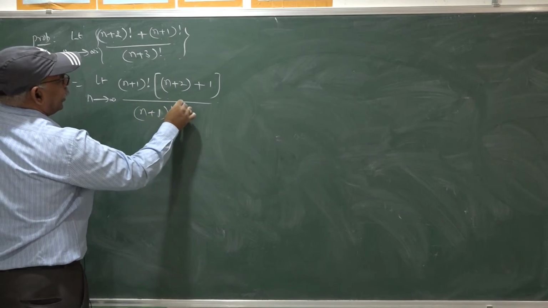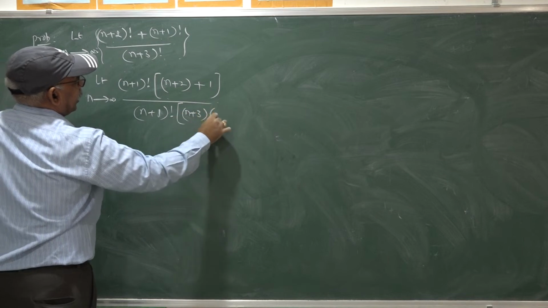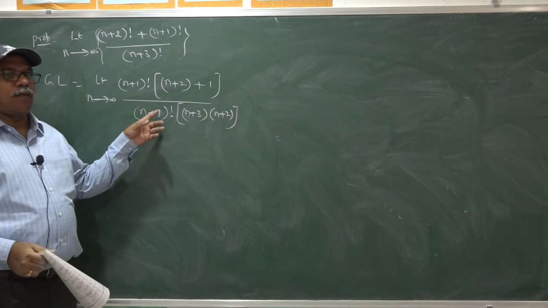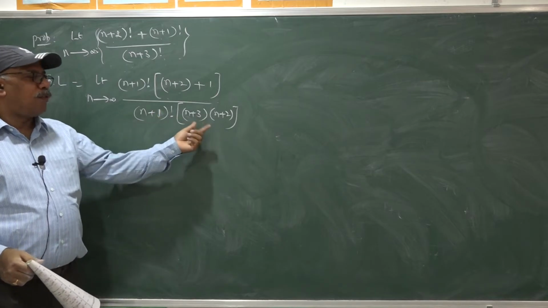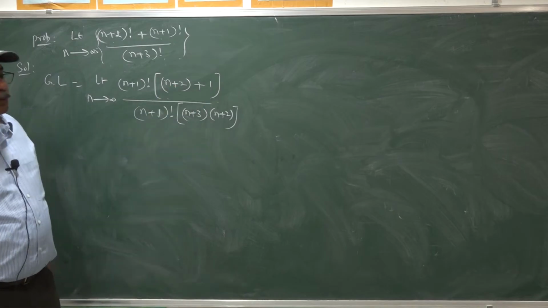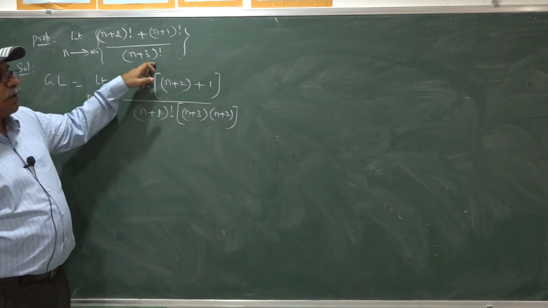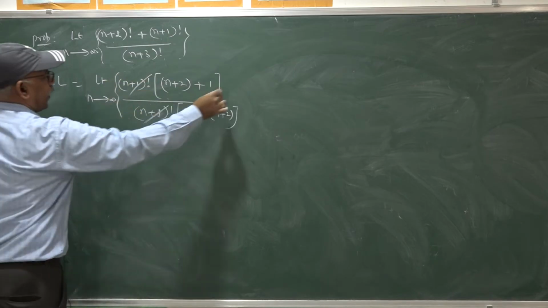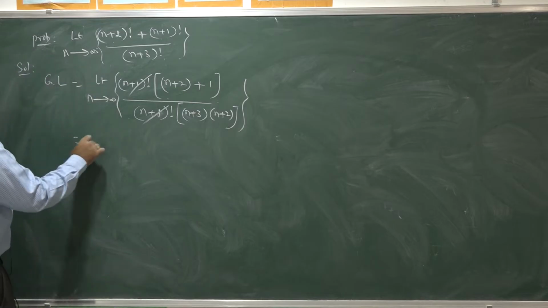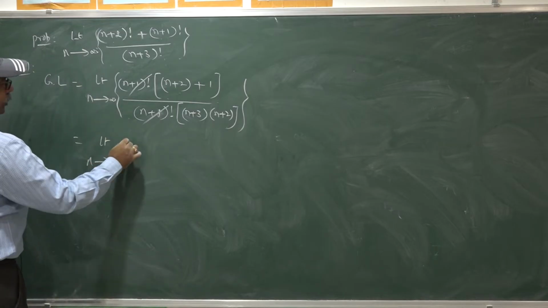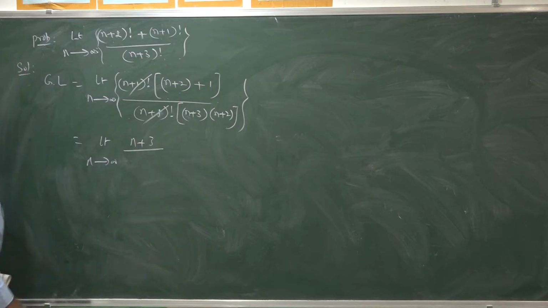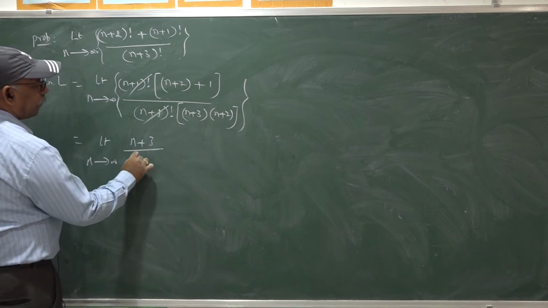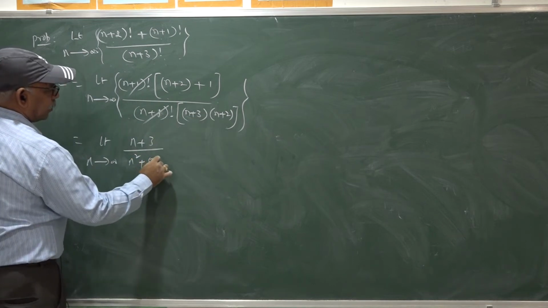into the other factors, n plus 3 into n plus 2. Along with (n plus 1) factorial, we have two more factors in the denominator, namely n plus 3 and n plus 2, so that on multiplication you get (n plus 3) factorial. So now you can remove this common factor (n plus 1) factorial. On simplification of the remaining function, we get (n plus 3) by (n square plus 5n plus 6).